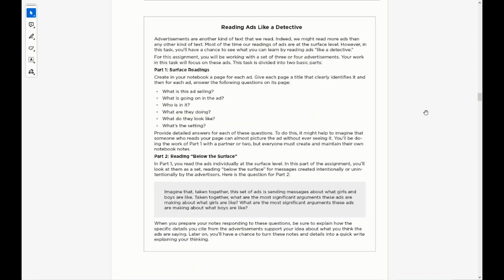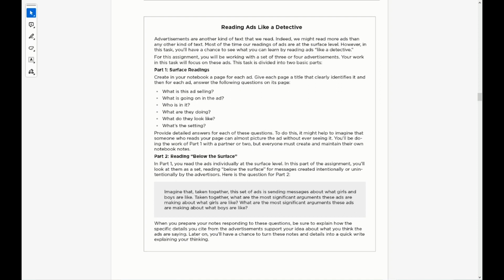When you're selecting these ads, you're going to want to choose them thinking about the question, what are these ads saying about what boys and girls are like? Now, that's a pretty broad question. That's a big question. There's a lot of implications in that. And it's not the goal of all of this to go into the full depth of that question, but it's because advertising often contains implicit messages about these things,